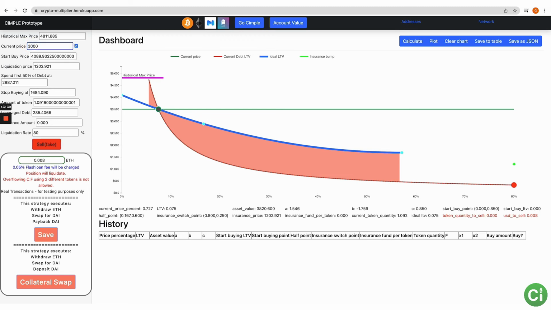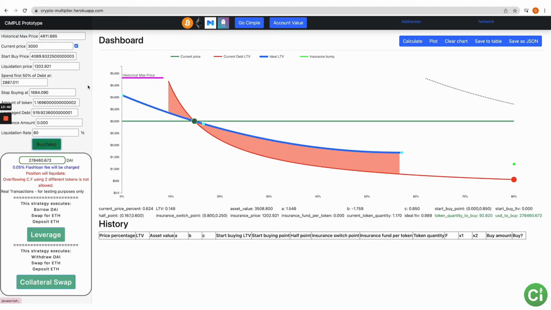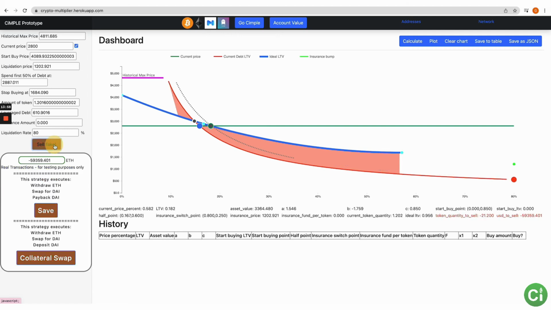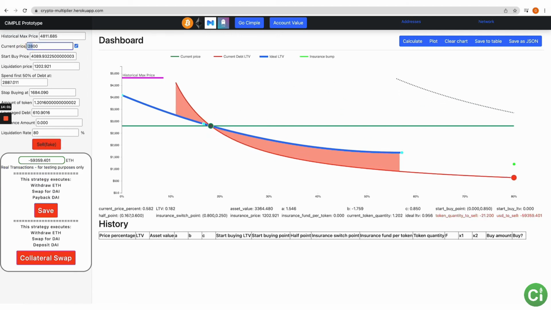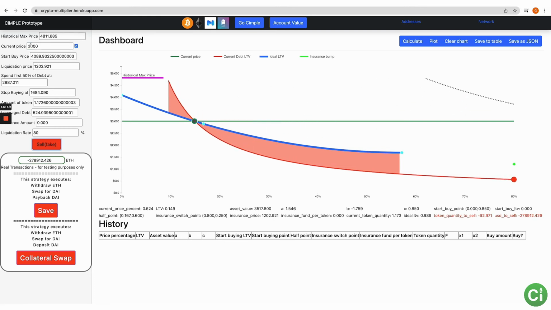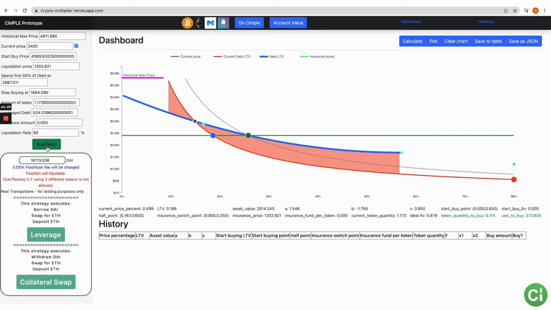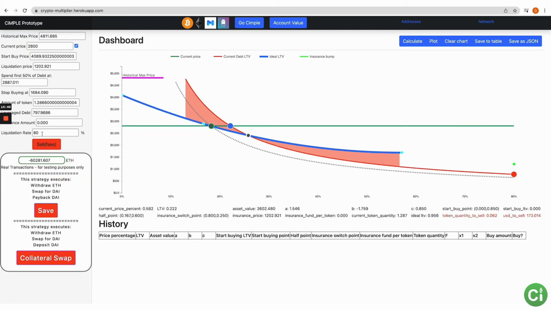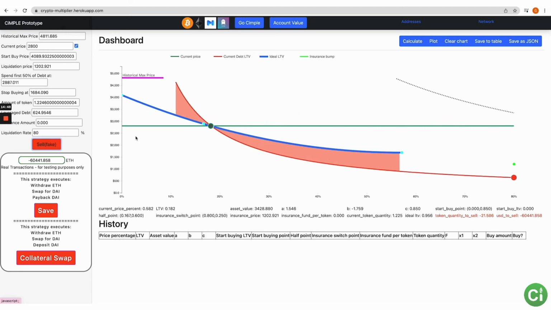Let's start going for some bigger swings. Let's do the buy at 3,000, and then let's change the price over here to 2,800 and get another purchase in there at 2,800. Then let's say it goes back up to 3,000, and we're going to sell just enough to get back onto the curve. So we sell there. Then it drops down to, let's go more extreme, 2,400. We buy at 2,400, it goes back up to 2,800, and we sell at 2,800, locking in that net gain in tokens.